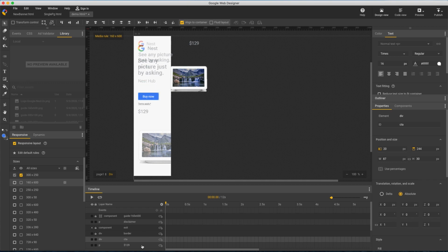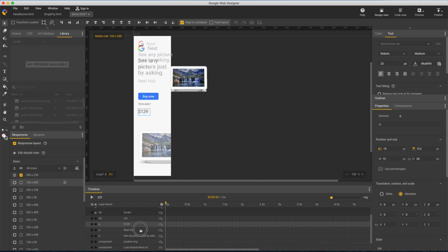and you'll see these kind of snap into focus when you get the position exact. The price next. I'll drag it near, then dial it in. For Nest Hub, I'll position the top left corner, resize the text box, and increase the font size.